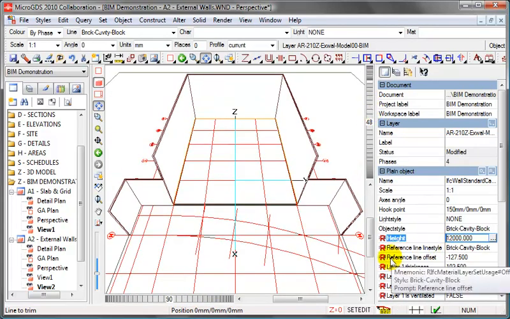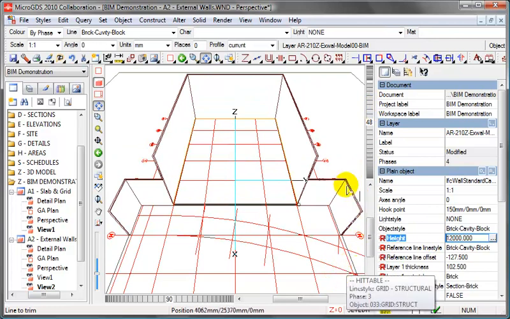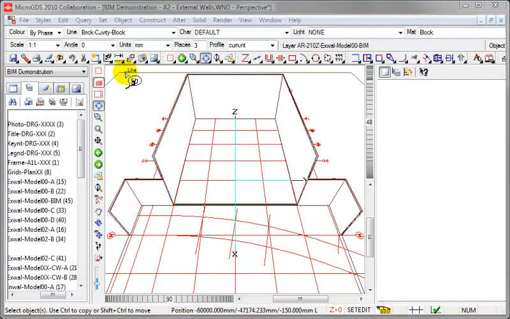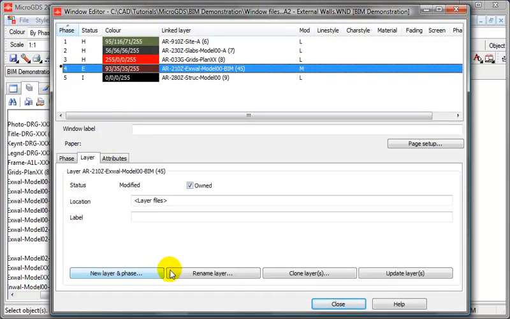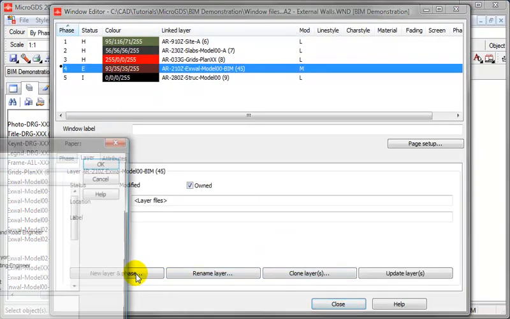Our next task is going to be to create the walls for the highest level to infill above the corners, but to run all the way across between the warehouse and the showroom area. We'll create a new layer for the upper level of the walls. So if we do layer, new layer and phase,